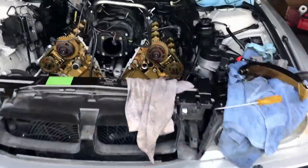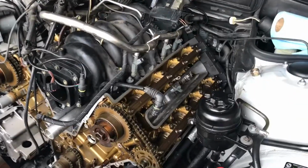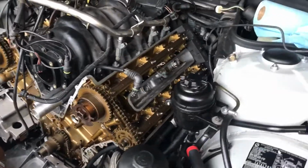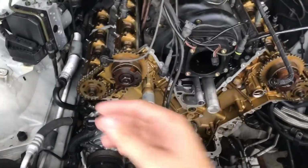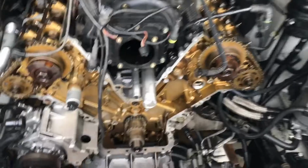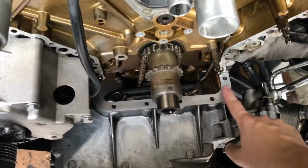Here is the 7 Series. As you can see, the engine is probably like a quarter taken apart. Took off the valve covers. We left the cams on. Injectors, spark plugs, everything's out like that. We took off the timing cover, the front of it, I forgot what they're called, upper timing chain covers, yeah, and the lower part. And we had to replace the upper oil pan gasket, the crank seal, which is on